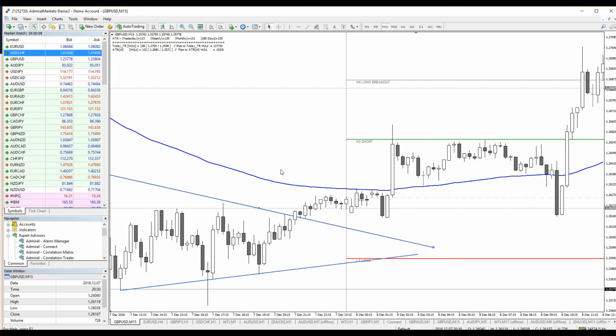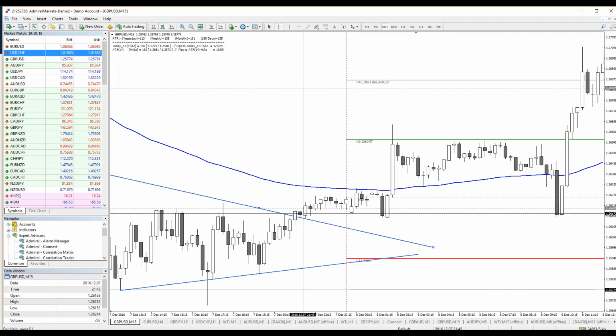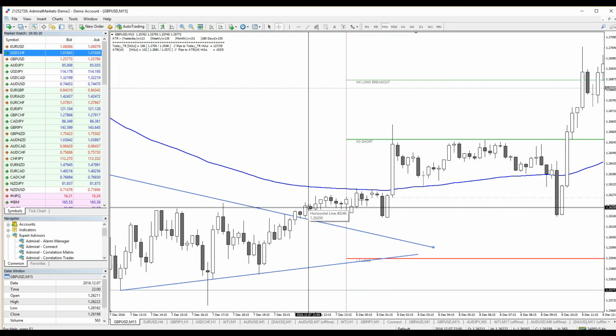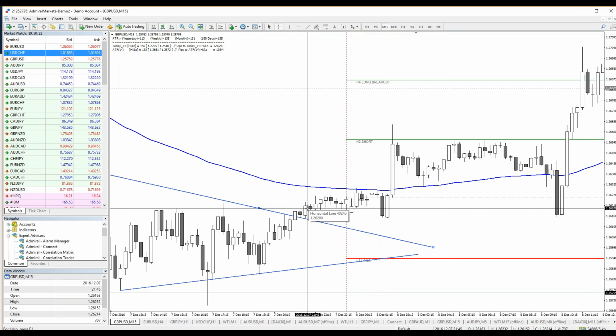So if you took a continuation trade, then 15 pips will not be enough, because between this point and this point there were like 5 pips, so you would have lost 5 pips. So this little bit of waiting for confirmation tells you that the price will probably